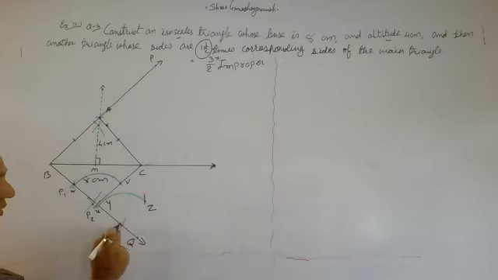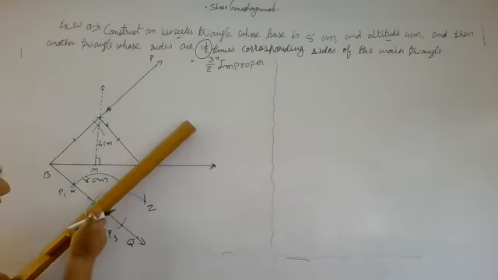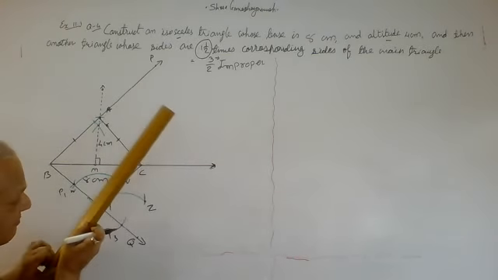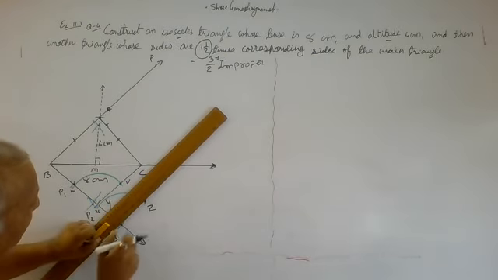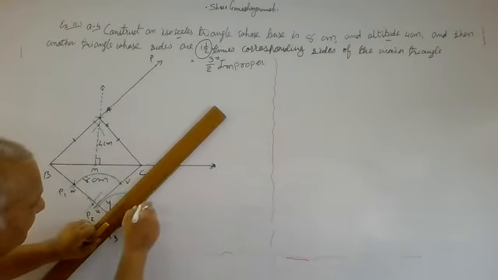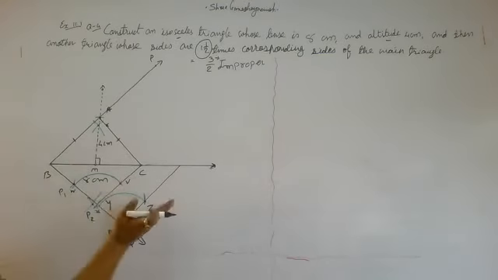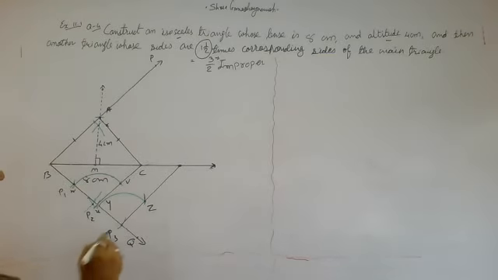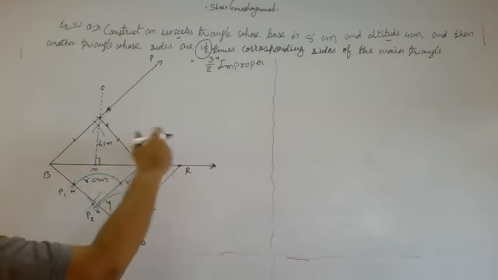Now join P3Z. We have to join P3Z. It is parallel to P2C. You can see this is parallel to P2 and C. It is P3Z. I have connected. Now you can see that these two lines are parallel, and here we have to give the name R. Now from R we have to draw a parallel line to AC from R.